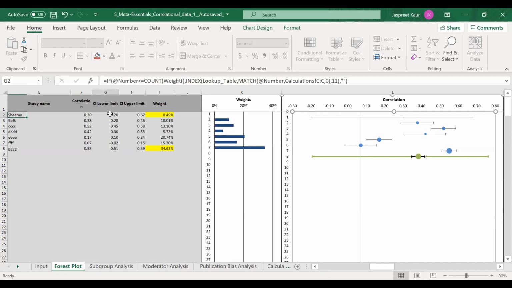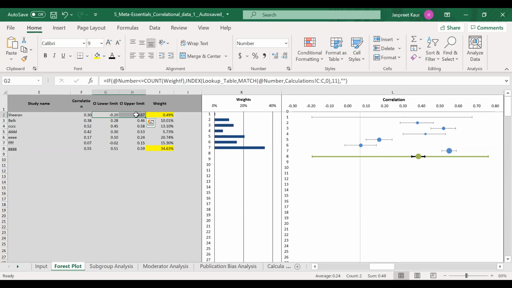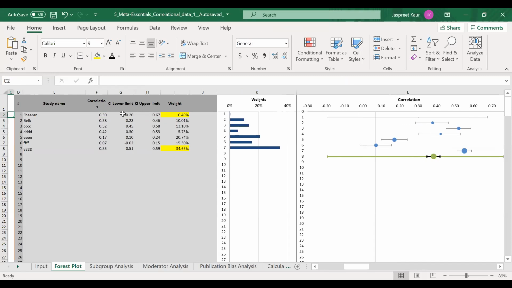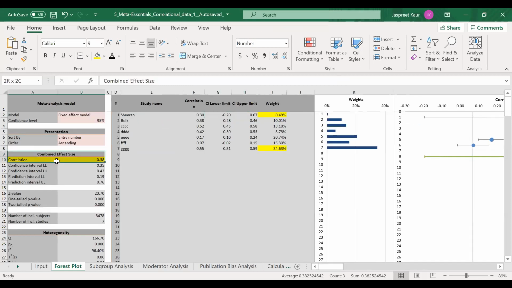What was left? Yeah, lower limit and upper limit. You see in the forest plot there is an upper limit and lower limit to each study reported over here also. Plus, when we get a consolidated, combined effect size, there's an upper limit and lower limit. These are the confidence intervals. What do you mean by confidence intervals? Although I am saying that my consolidated average weighted effect size is 0.38, it can vary from 0.35 to 0.42. This is what it means. Okay, I hope it is clear.